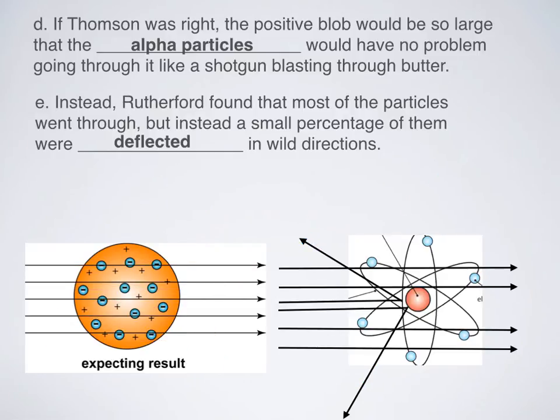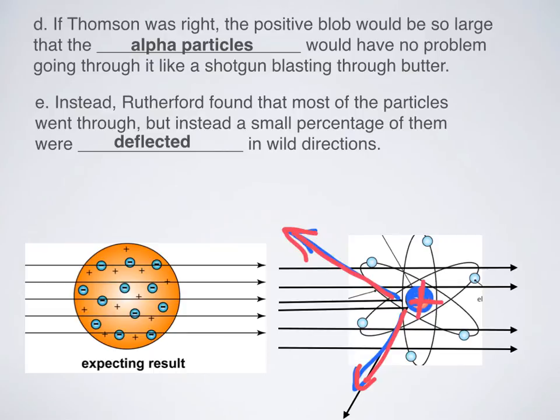So the reveal was that there had to be some centralized positive part that was so positive it was deflecting these other positive alpha particles. So the same way that J.J. Thomson was able to figure out that electrons were negative because they were attracted to a positive plate and deflected by a negative plate, Rutherford was able to figure out that the center of the atom must be positive because it was deflecting